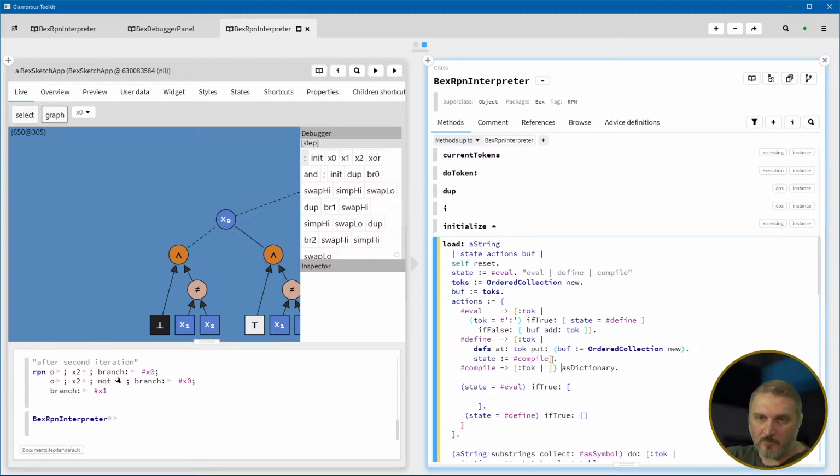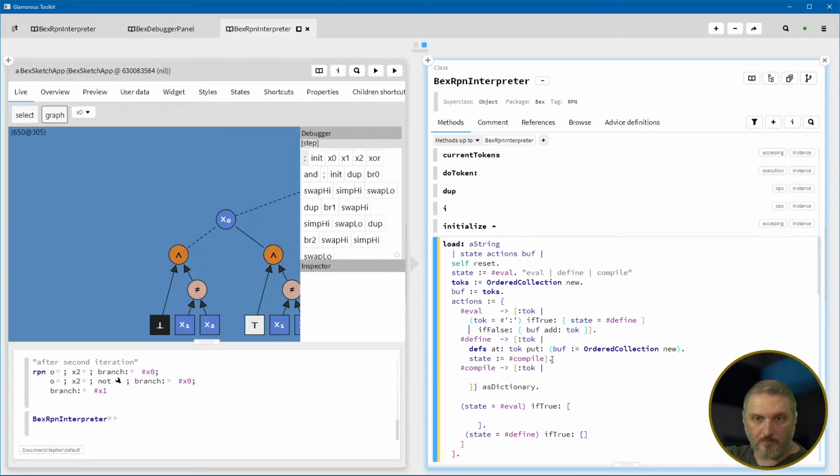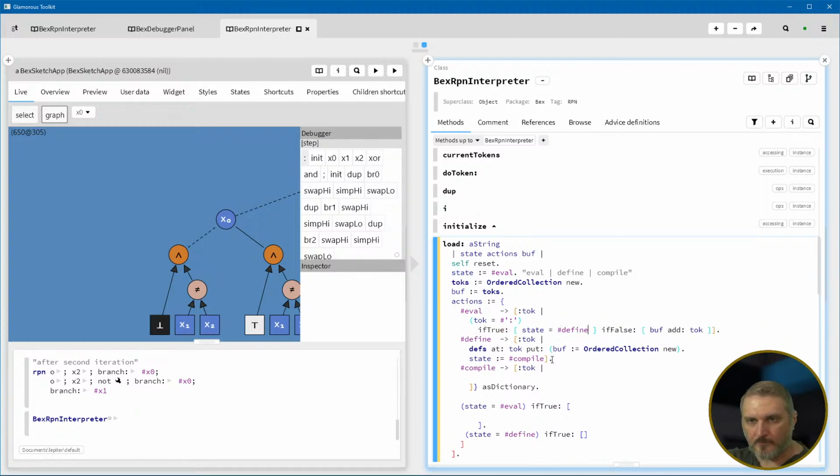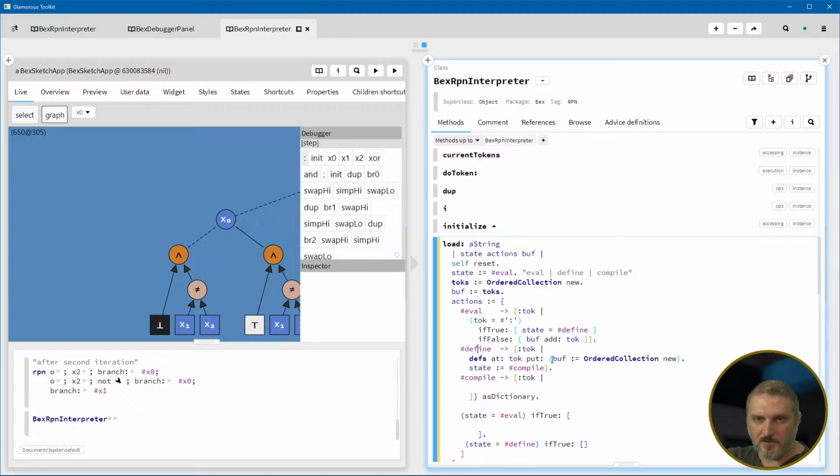And now in compiled mode, doing a little bookkeeping here. This probably should be its own little function, or method, but whatever. Stick with it. In compile mode,